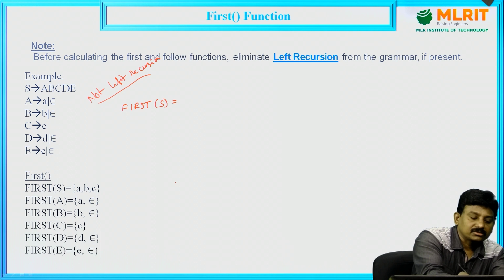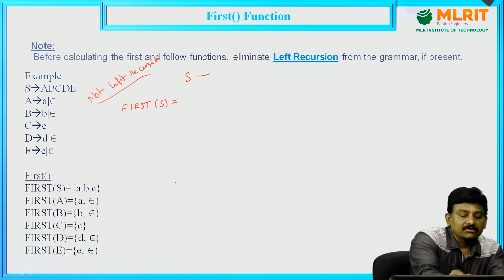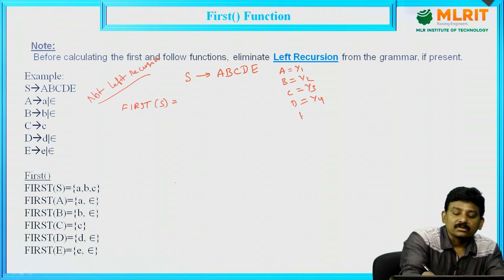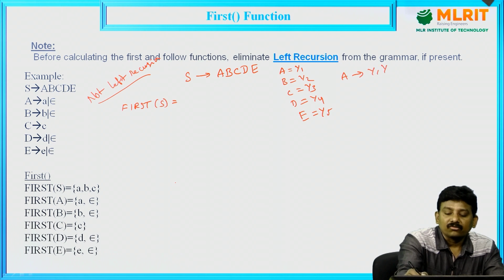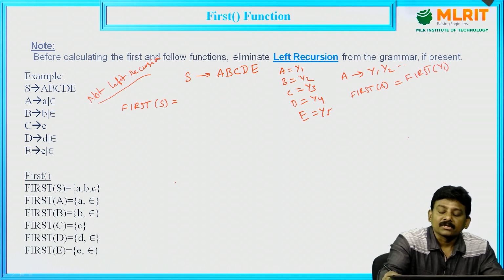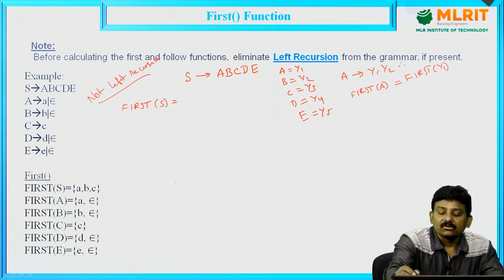First of S is, see the RHS, S derives A, B, C, D, E. Assume A is equal to y1, B is y2, C is y3, D is y4, E is y5. So A derives y1, y2 and so on. First of A is first of y1. If epsilon belongs to first of y1,